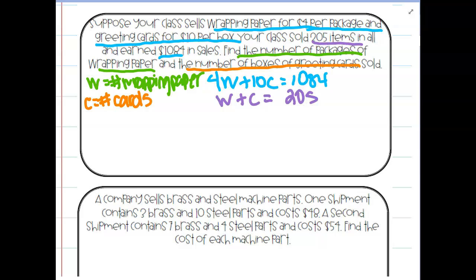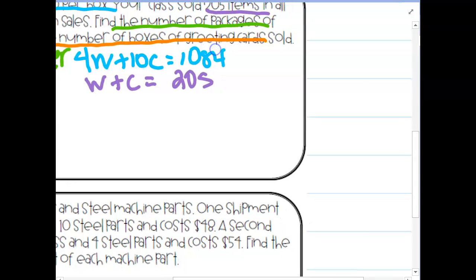Okay, once you have your two equations, now you're ready to solve. Now, usually, see how I have the W's lined up, the C's lined up, the equal signs, the constants lined up? You're probably going to use elimination, which means we're looking to eliminate a variable. I think probably the easiest variable to eliminate here would be the W's. So if I leave this as a 4W, what would cancel out of 4W? Right, so if I do 4W and negative 4W, those would cancel out. So the first equation isn't going to change. It's going to say plus 10C equals